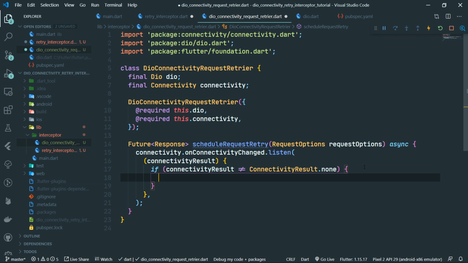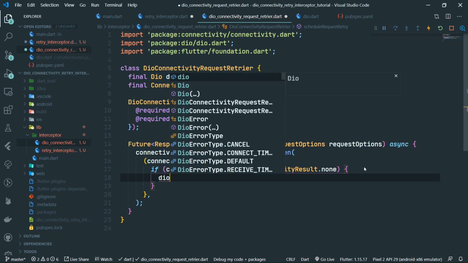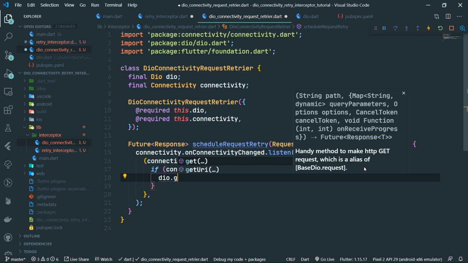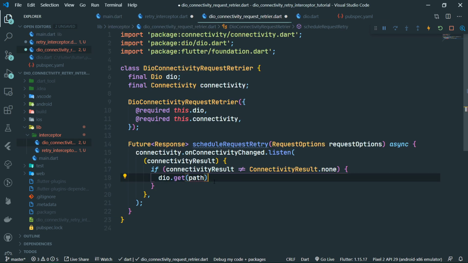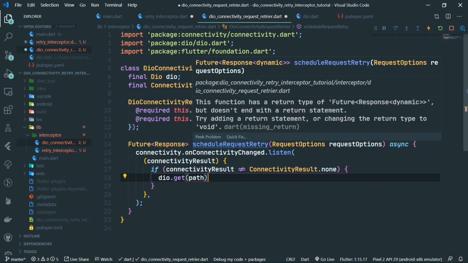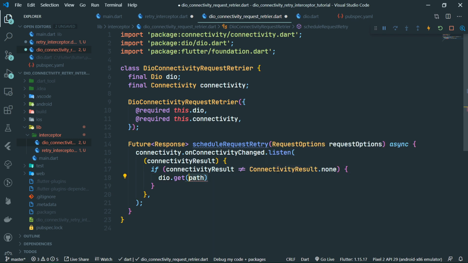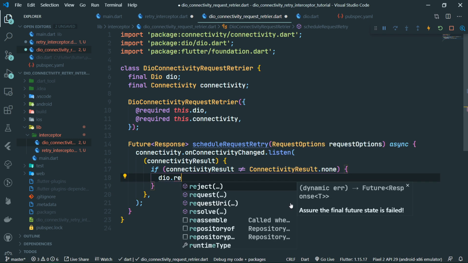Cool, so how can we retry the request? Well, we can call dio, and over in the UI, we are calling dio.get to perform a get request, right? We want to get something. But this would make this retryer only work with get requests. But what if we want to actually retry a post request or a patch request? Well, that would not work all that great. That's why we are not going to call get. Instead, we are just going to call request,